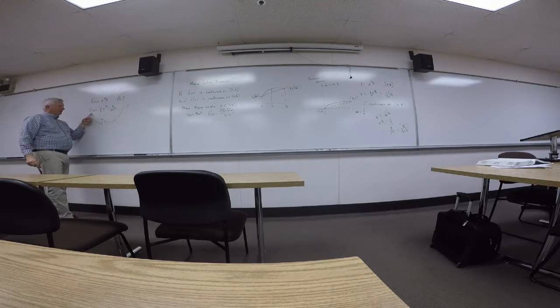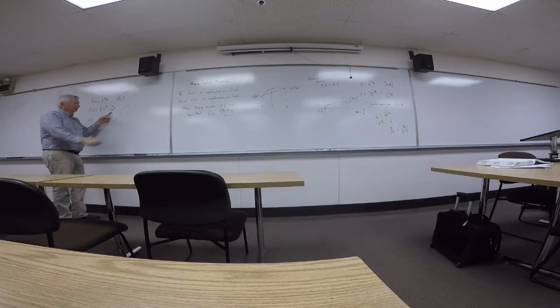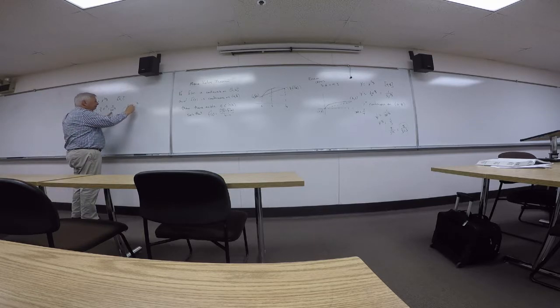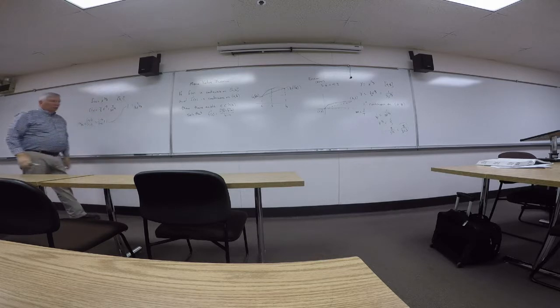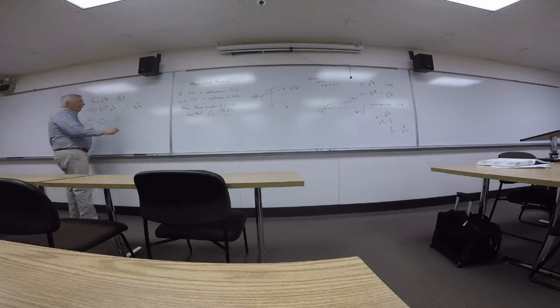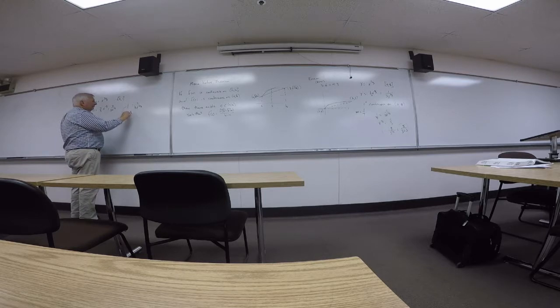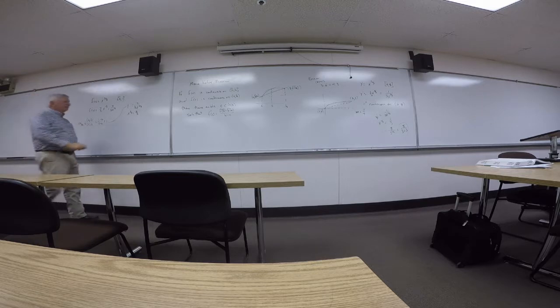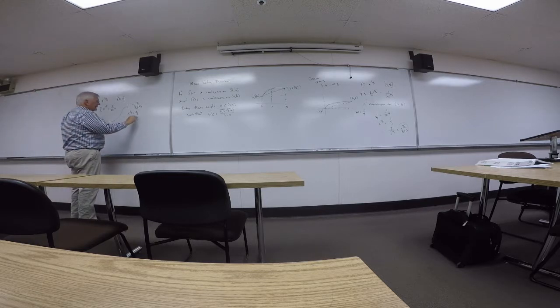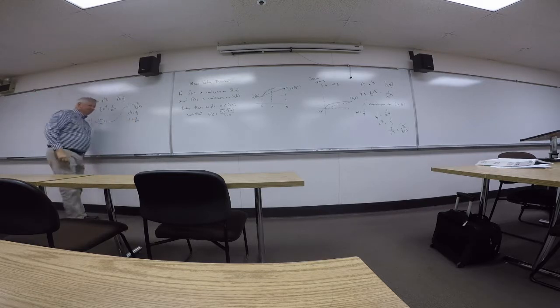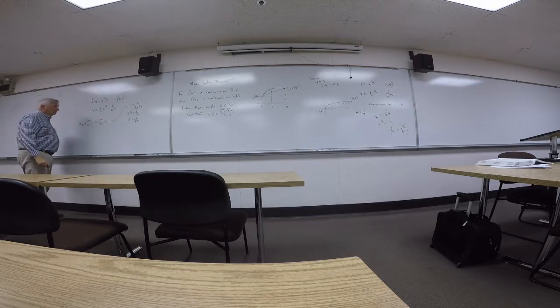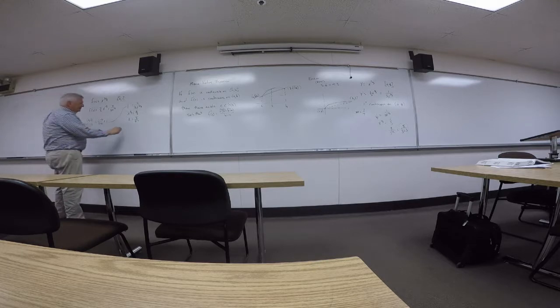I want the derivative to equal 1 multiplied by x to the 1/3 equals 2 over 3. Cube both sides. X is 8/27. So if x is 8/27, f of x is